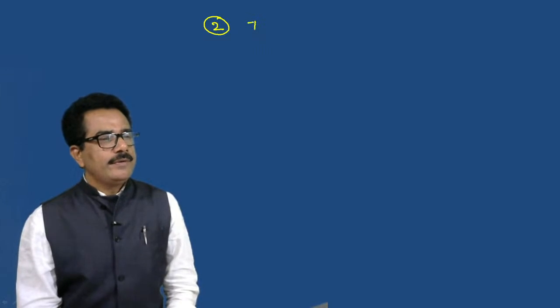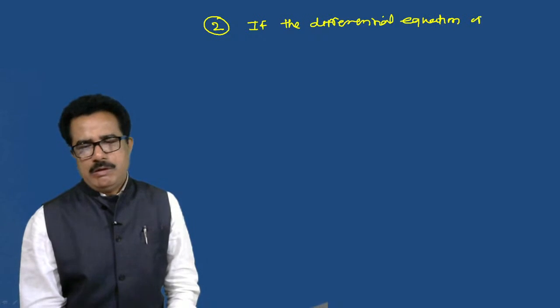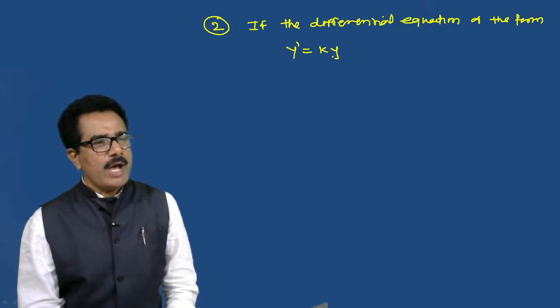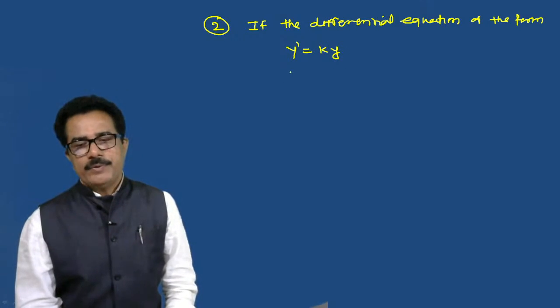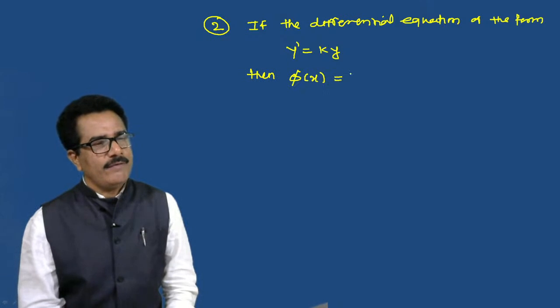Now here in the form y, if the differential equation is of the form y dash is equal to k into y, then its solution, we get the function phi of x is equal to